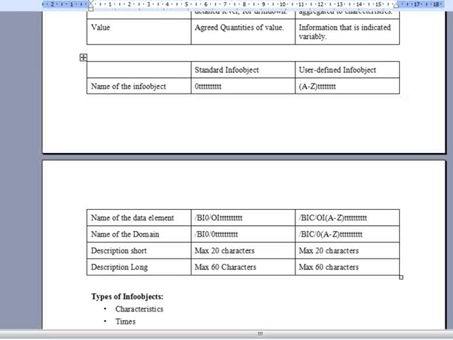It is /BI0, capital O capital I. It is not zero here. It is a bit confusing, but it is not zero here. So /BIC for user-defined, capital O capital I, A to Z, TTT. So this is the data element.